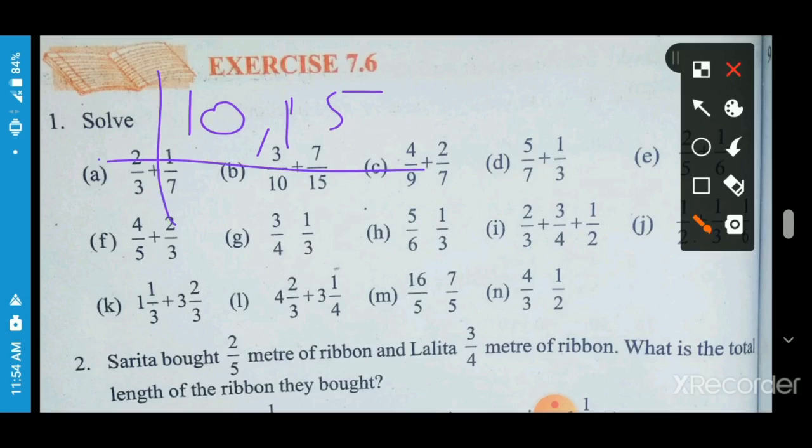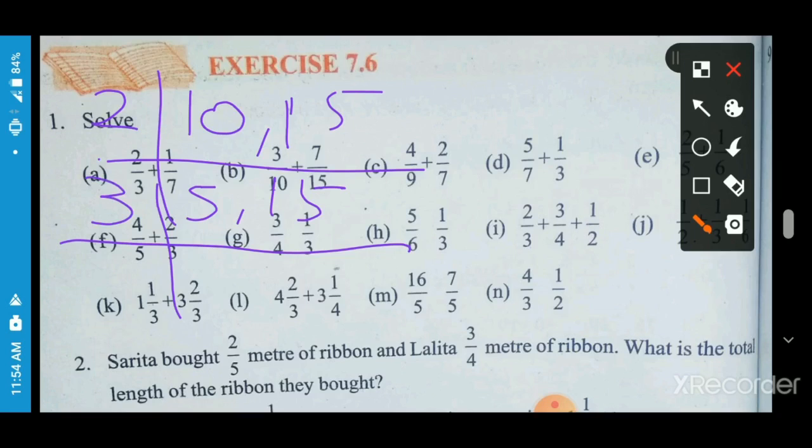So first we divide by 2, because 2 5s are 10 and 15 is not divisible, so we write 15 as it is. Then 5 and 15, both numbers do not come in the table of 2, so this time we try the table of 3. 5 is not divisible by 3, so we write 5 as it is, and 3 5s are 15, so it is 5. Now 5 is not in the table of 3, so we divide 5 by 5. 5 1s are 5, 5 1s are 5.